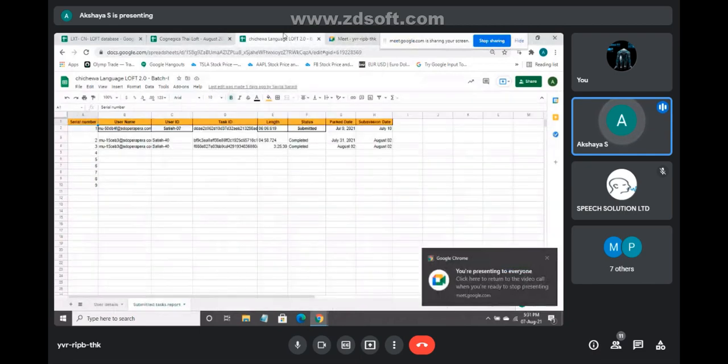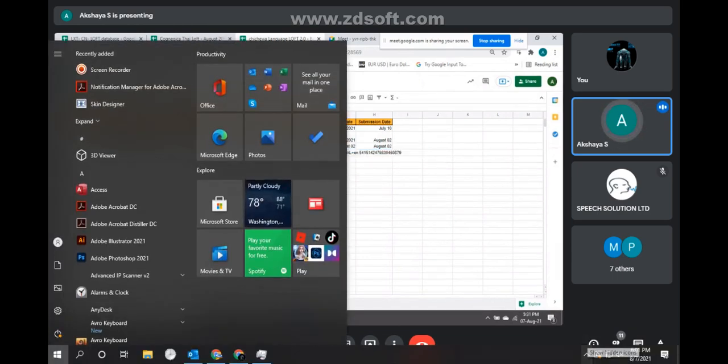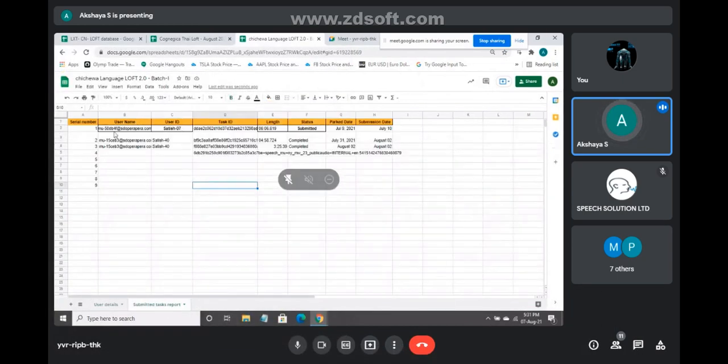See, I'll update my sheet here. This is the column task ID. Under task ID, you need to update your task ID. Just remove the question ID words and keep only the task ID. Now I have updated my task ID. What is my user ID and username?